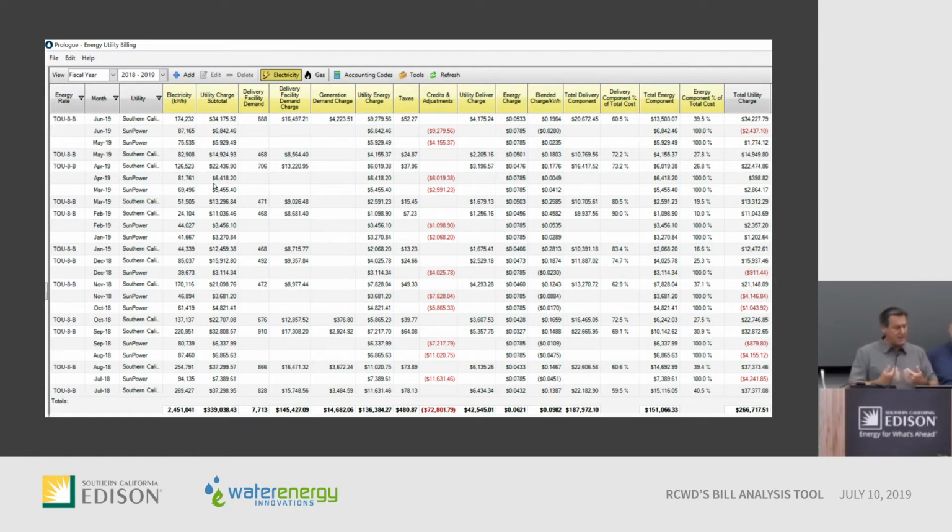So for me, I wanted to say, hey, I got a bill, you say it's 23 cents a kilowatt hour, but what's the electron really cost me? This is getting down into the weeds. This tool actually, we take Edison's bills, we put it into the tool. It allows me to see what portion I'm paying for the electron, how much I'm burning at pump stations, what my demand charges are, what the delivery component is, what my ResBEC credits are.